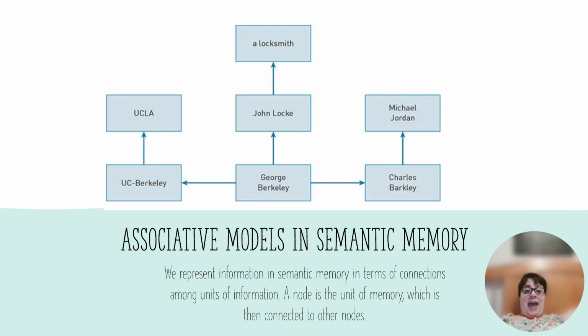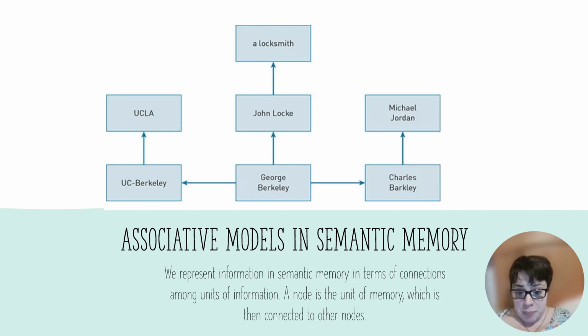Eventually, as the activation spreads to multiple nodes, it fades and we can no longer see this trail of activation. Thus, in association models of semantic memory, our memory is kind of like a web of interconnected ideas and facts. Okay, so a lot of the models of semantic memory that we're going to talk about are based on this associative model idea, which essentially says that we represent information in semantic memory in terms of connections among units of